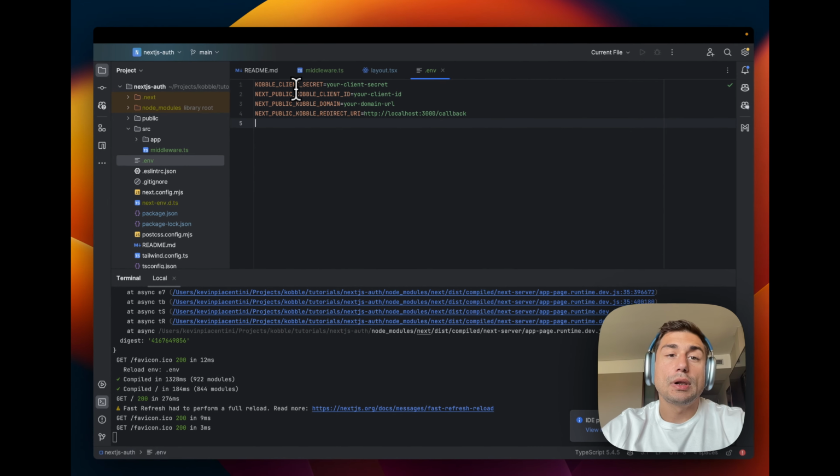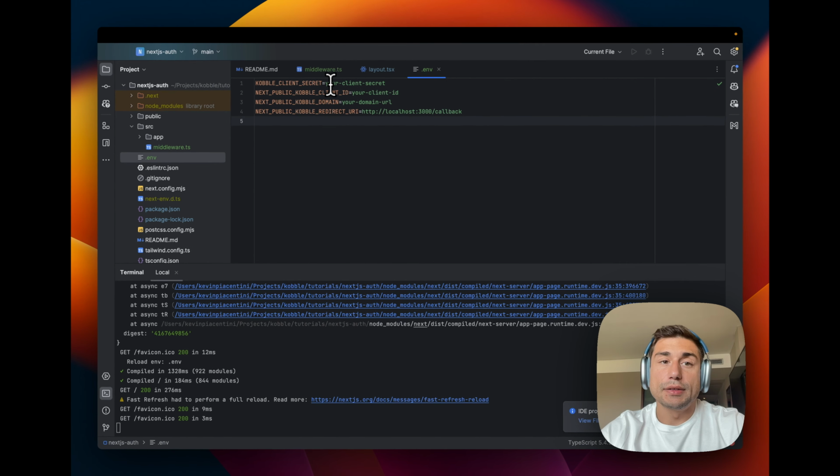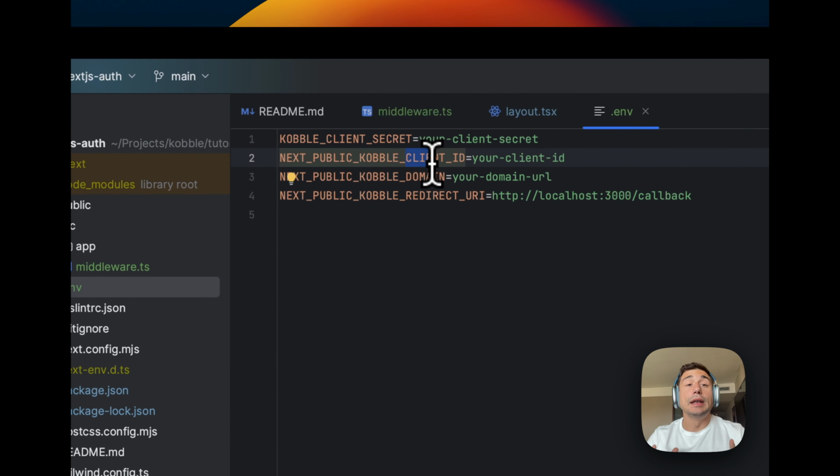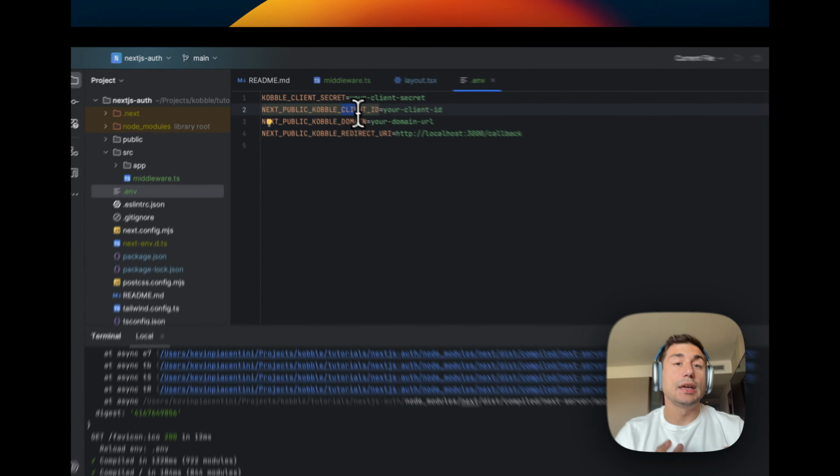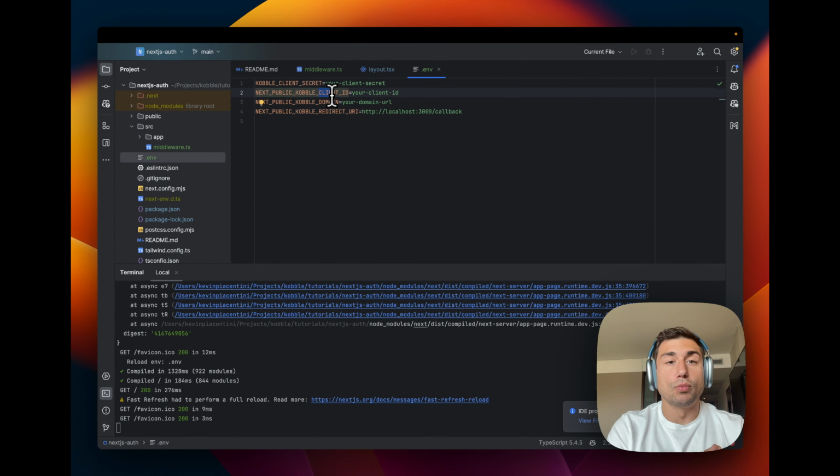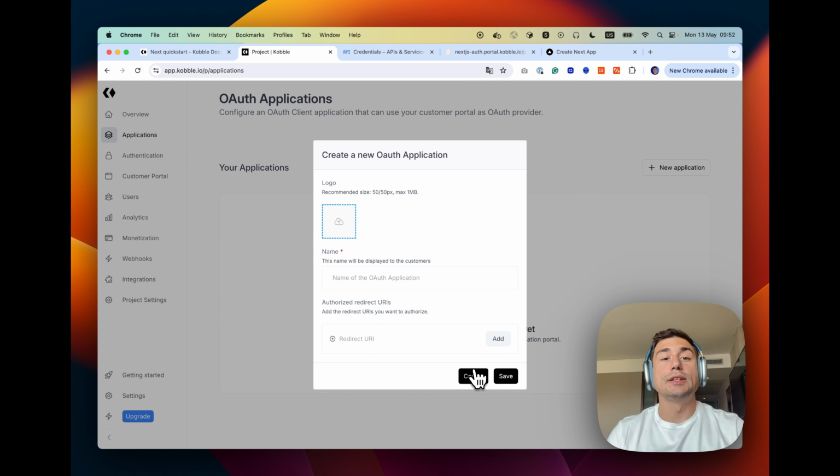I need a Cobalt client secret, I need a Cobalt client ID, I need the Cobalt domain, and the redirect URI. So let's get into it. To get the Cobalt client secret and client ID, I need to create an auth application in my Cobalt project. Nothing too crazy, it will take less than 1 minute. So I go to my Cobalt project, I go under the application section, and here I will create a new